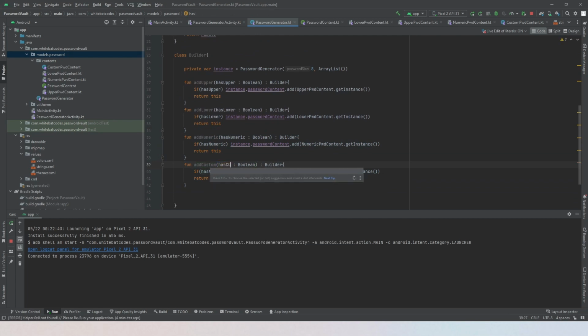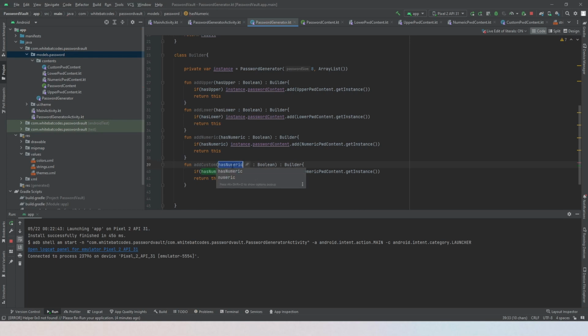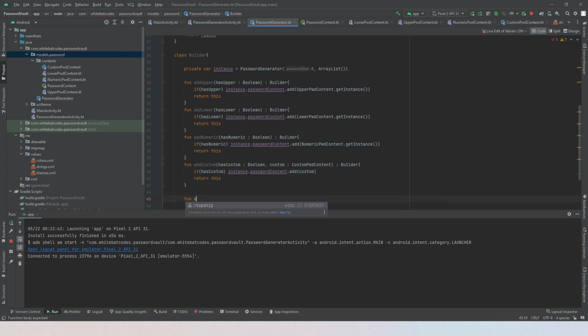So here hasCustom, just for refactoring, and here what we are going to do is pass the parameter of the custom password content. So here custom of type CustomPasswordContent. Here, if that's the case, we are going to pass this, as the custom password content is not going to be a singleton. Then we're gonna add a function set